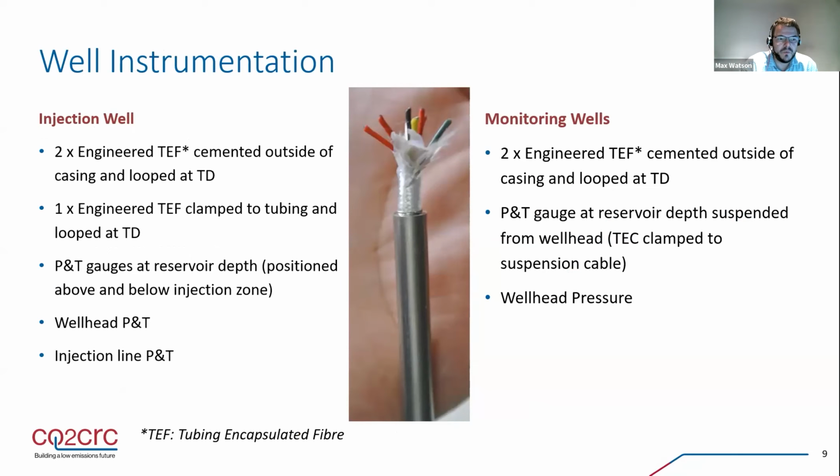The injection well, we cemented the latest and greatest in fiber optic technology for DAS and distributed temperature sensing as well outside of the casing. And we had to go through a fairly sophisticated process to make sure when we perforated that well that we perforated in an orientated direction away from those